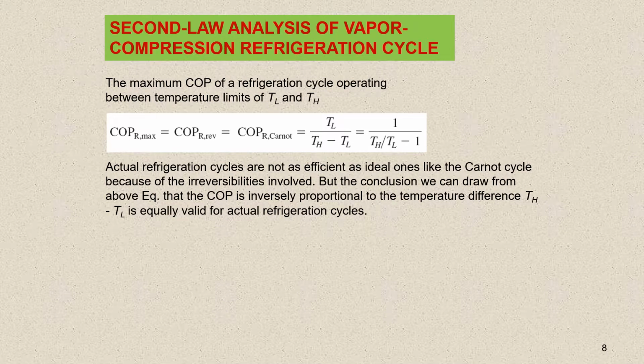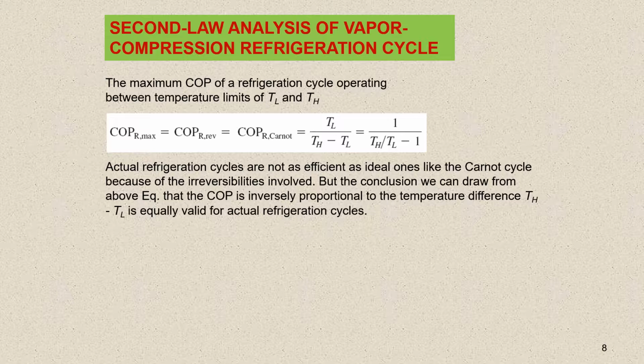Now let's look at second law analysis of vapor compression refrigeration cycle. Consider the vapor compression refrigeration cycle operating between a low temperature medium at T sub L and a high temperature medium at T sub H. The maximum coefficient of performance of a refrigeration cycle operating between temperature limits of T sub L and T sub H is given from the equation